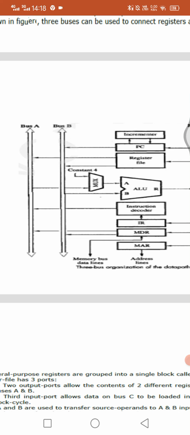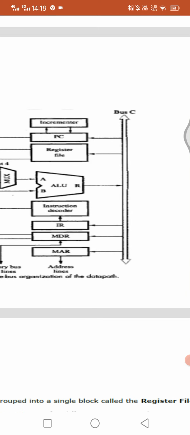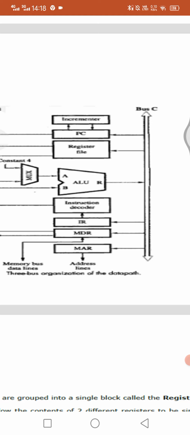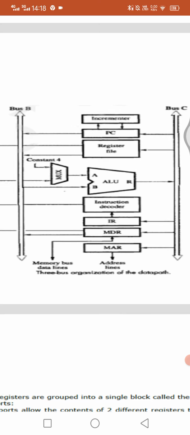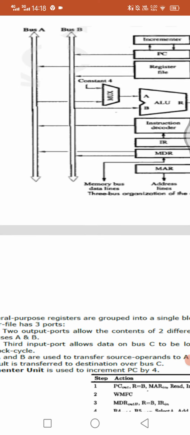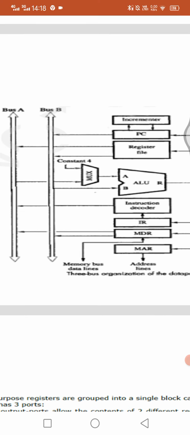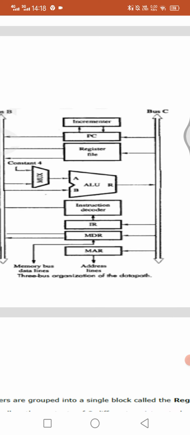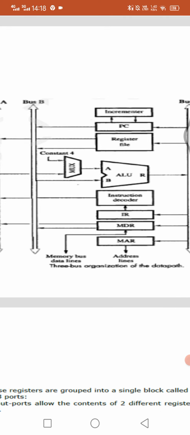The result is transferred to the destination over bus C. If needed, the ALU may simply pass one of its two input operands unmodified to bus C. The ALU control signals for such an operation are R equals A or R equals B.